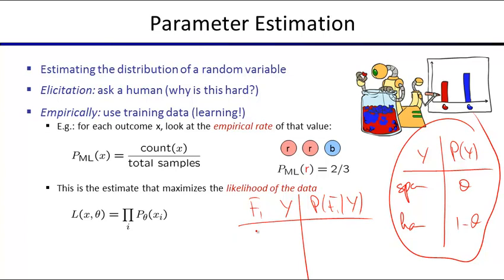You would have maybe plus f1, plus y, minus f1, minus y, plus f1. Actually, let's put plus y first, minus y, minus f1, minus y. Now you'd have a theta for the case of plus y, a 1 minus theta for the case of plus y. Then we have a theta for minus y, and a 1 minus theta for minus y. So we have two free parameters in this conditional probability table. And when we get data now, we could say, well, maybe we can even label this one explicitly as